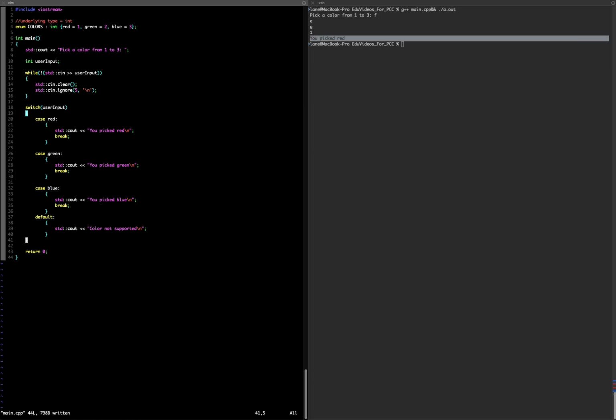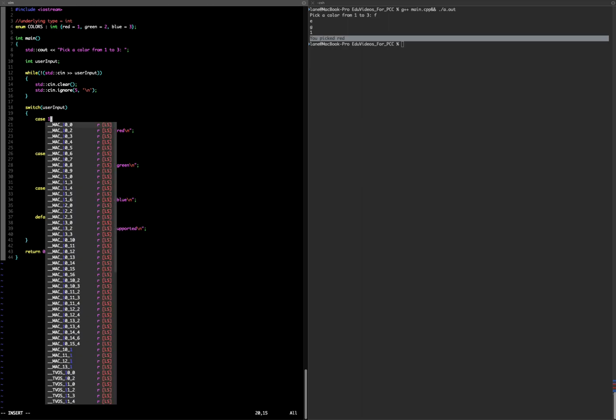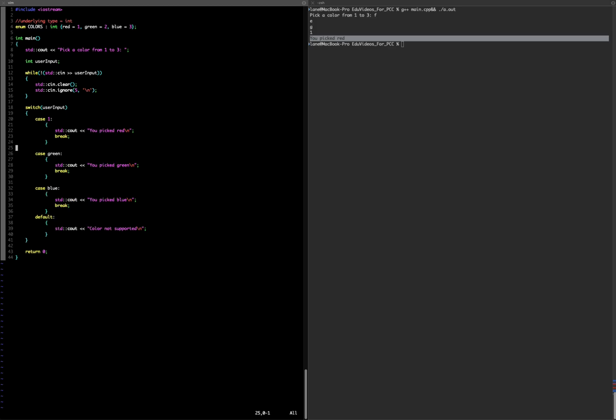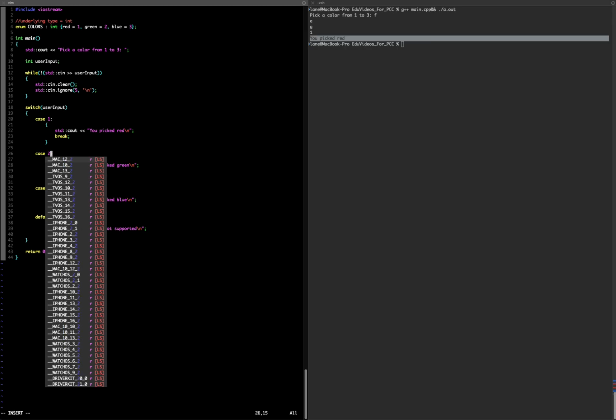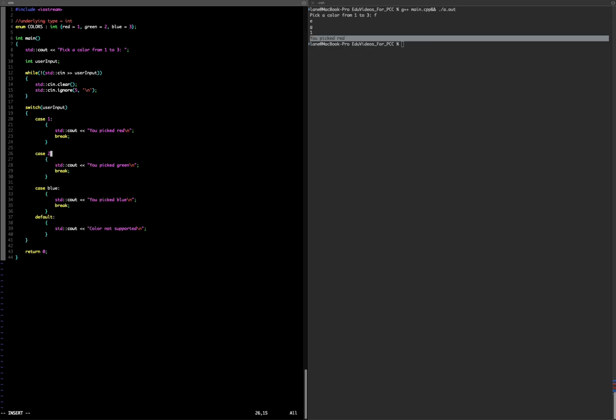So we could very well just replace case red with, for example, just 1, and then green, we could replace this with 2, and so on. So again, the enumerators themselves are just placeholders for values,